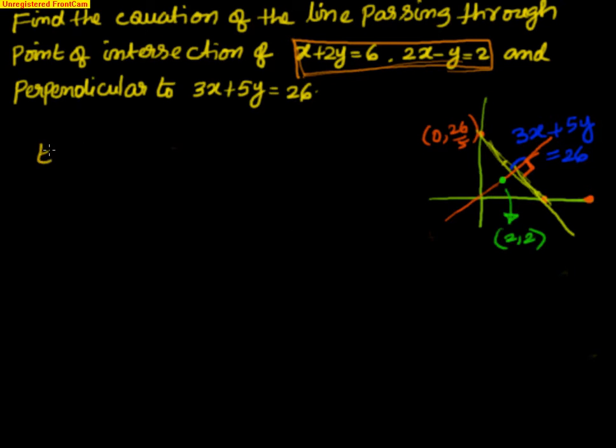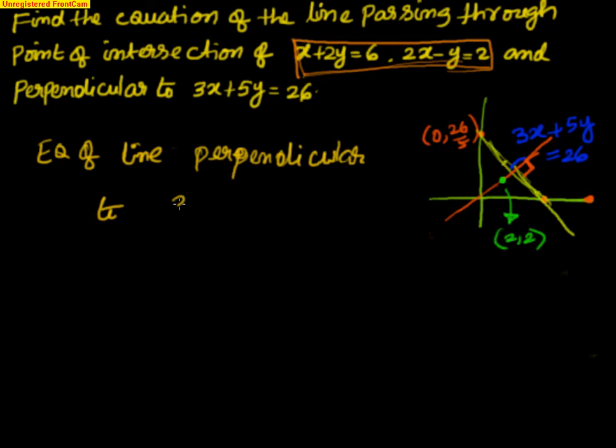So the equation of the line perpendicular to 3x plus 5y is equal to 26 and passing through (2, 2), according to whatever we have done